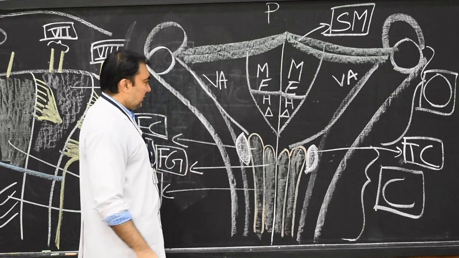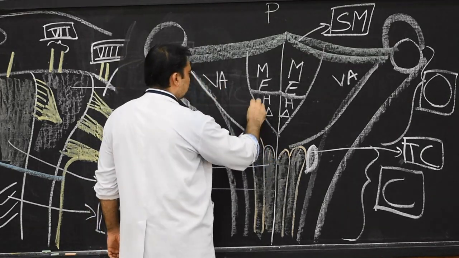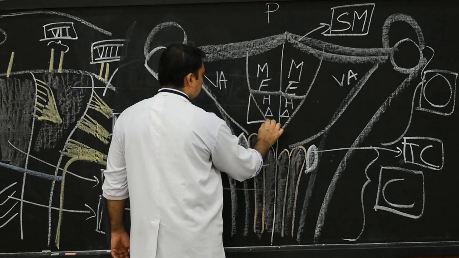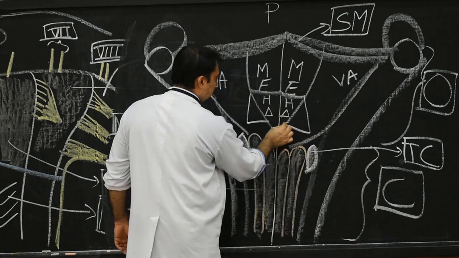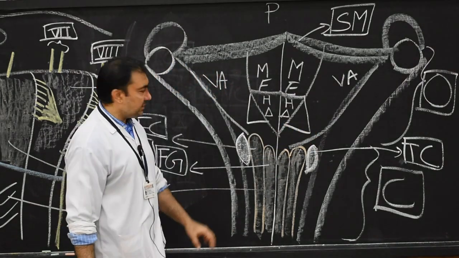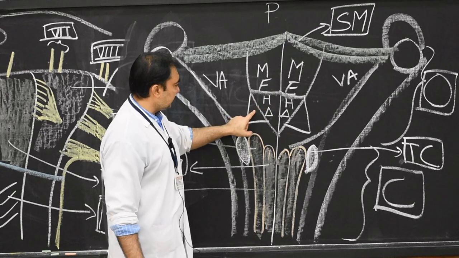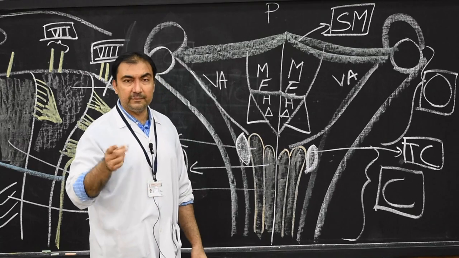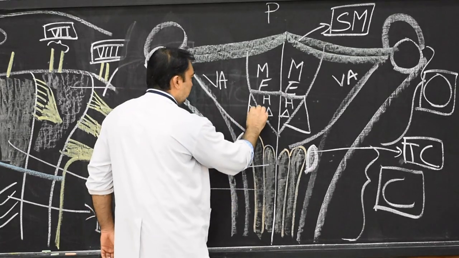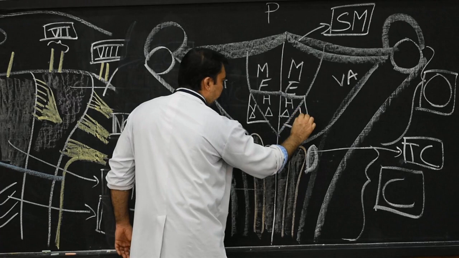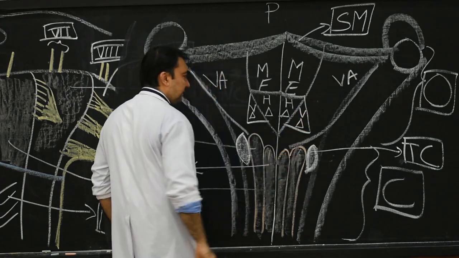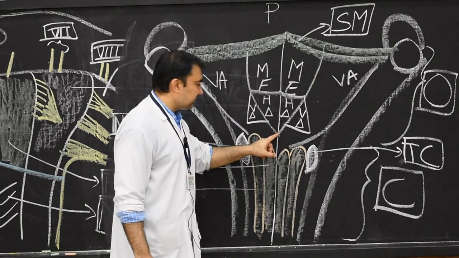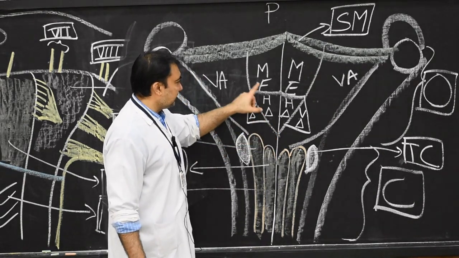Now, this is very interesting. At this point, there will be another area, and that triangle will be represented in this way. In between the vestibular area and the hypoglossal triangle, there is another triangle known as the vagal triangle, because beneath the vagal triangle will be the vagal nerve nucleus. Please mark this vagal triangle. The difference between the vagal triangle and the hypoglossal triangle is that the apex of the hypoglossal triangle is pointed down and the apex of the vagal triangle is pointed up.